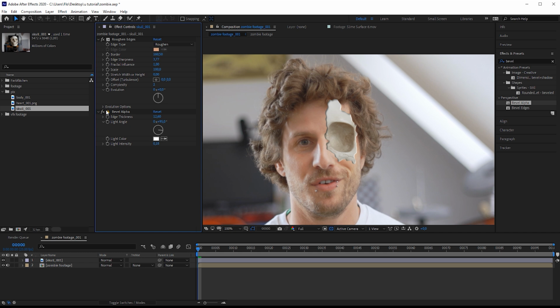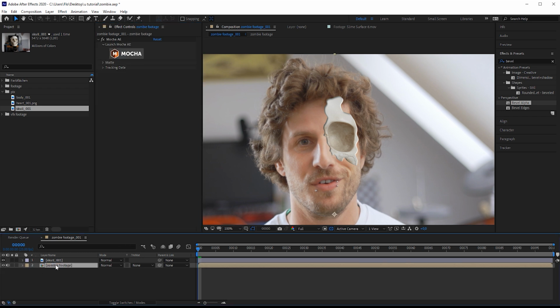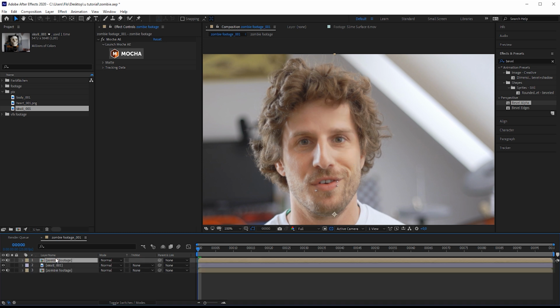So with the bevel alpha, we basically get some bright highlights on that side of our skin, because as you see, the light is coming from that direction and it gets darker on the other side. And we're slowly getting to a cool look. But of course this still doesn't look that much integrated, so I'm duplicating the zombie footage and call this hair,